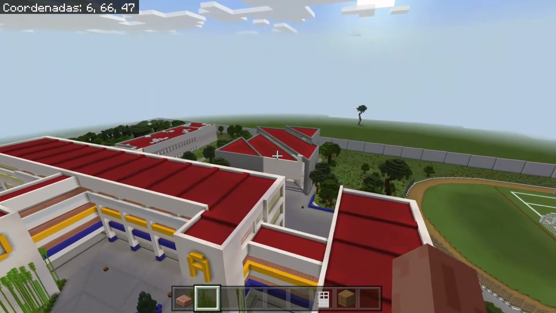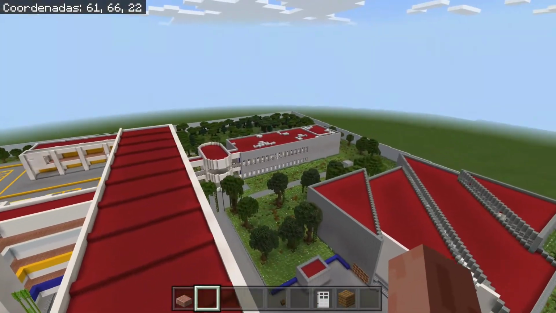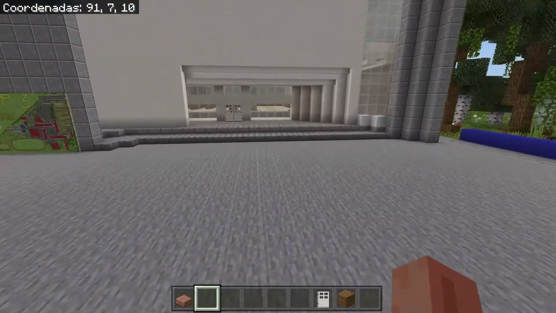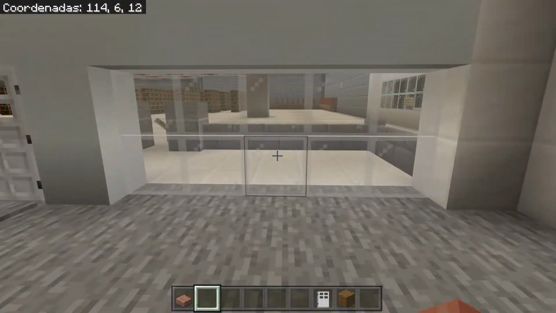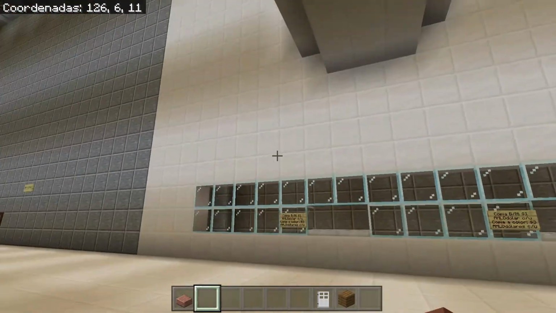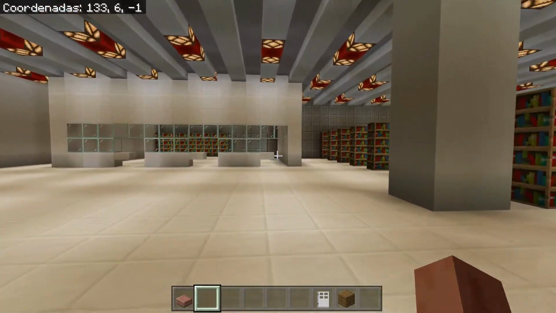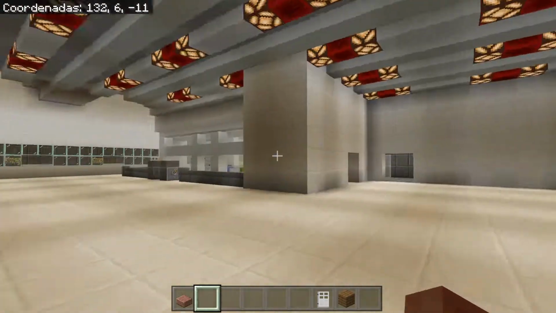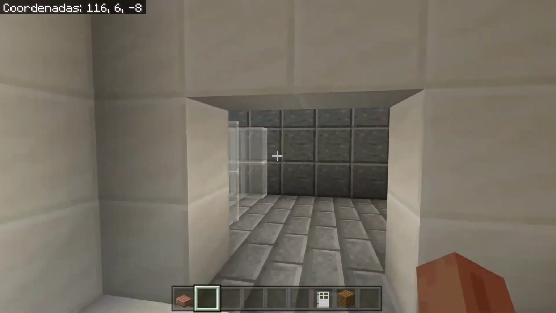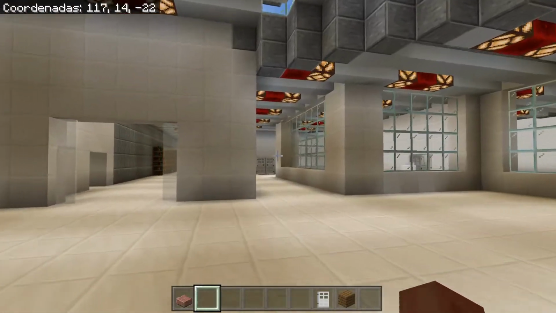I'm going to head to the library where we have our self-access center. We call it Mediateca. We also have some laboratories over there. So I'm going to go down over here and I'm going to enter the library. As I was saying, there's no furniture yet, but that's not really a problem. We might include some furniture in the future, but right now the main purpose is to have students walk around and learn some vocabulary. And in the first stage, in the second stage, we would like to include activities that